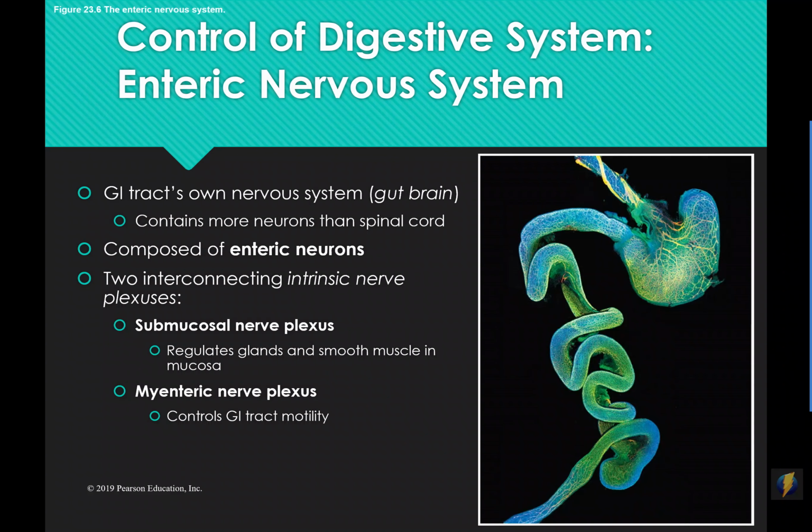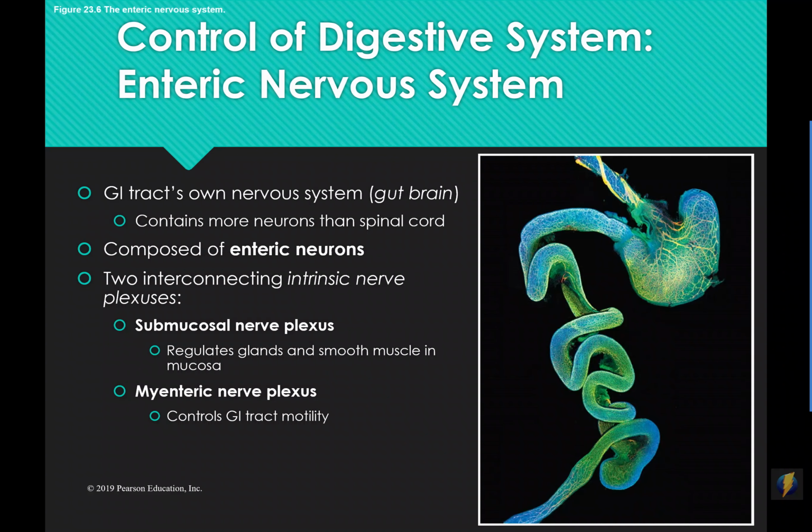And then the myenteric nerve plexus, which is the nerve network in the muscularis externa, is responsible for turning on and turning off and amplifying and slowing down the motility of the GI tract, so that segmentation and peristalsis type